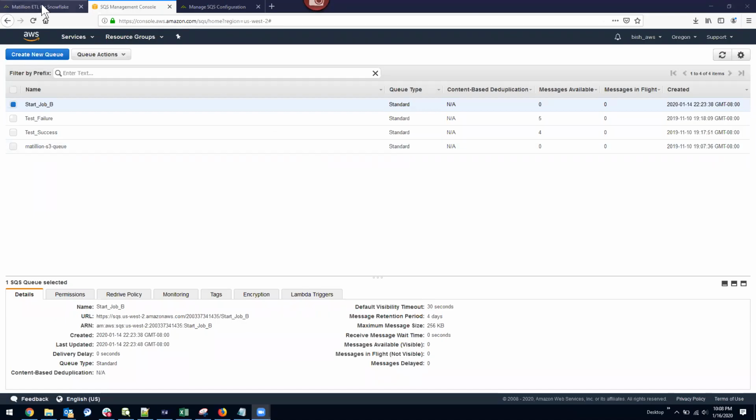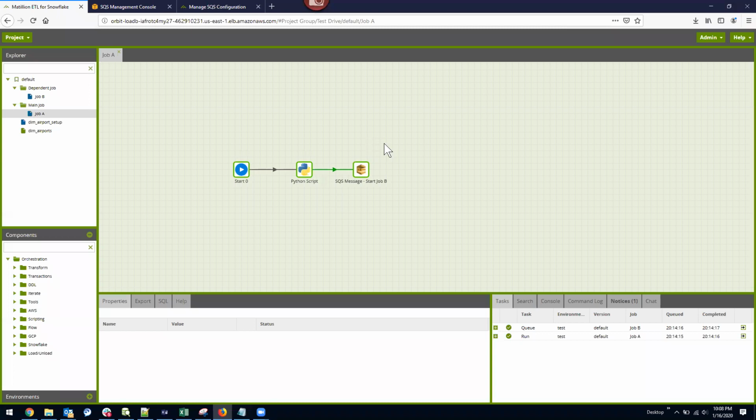So here I'm trying to show how we can use an AWS component and leverage that to trigger one Matillion job from another. So I'm gonna share my screen here to show how that works. So over here we see